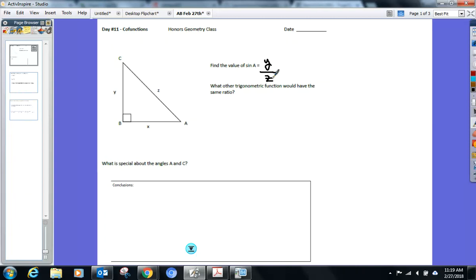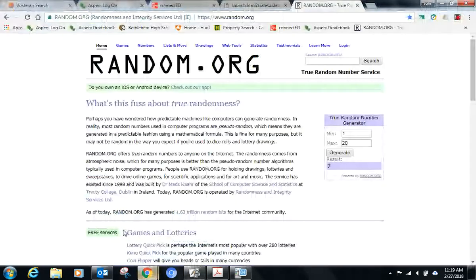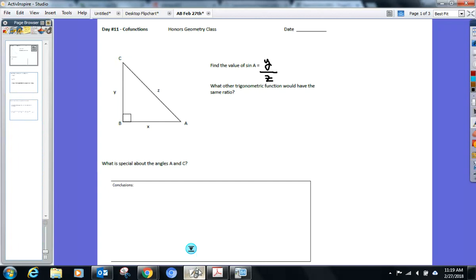Okay, what else did you find has a ratio of y over z? Number 9, what else has a ratio of y over z? Cosine of C. Everyone agree? Okay, so what did we just find out? That the sine of A is equal to what? Cosine of